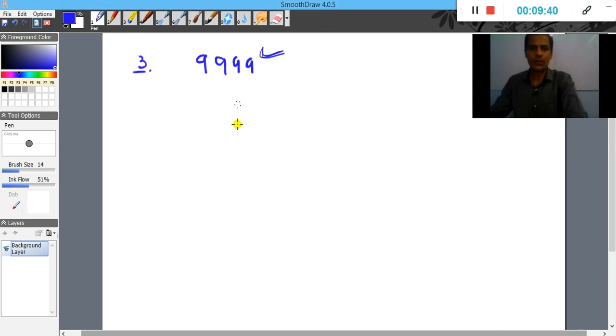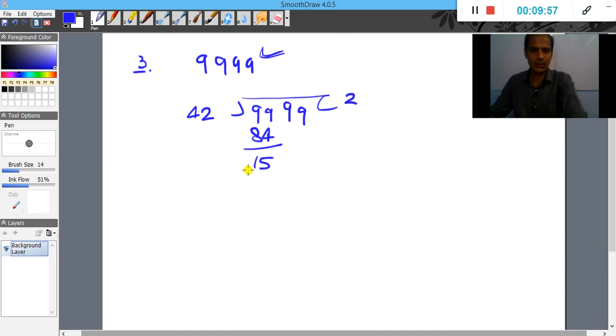Now perform the division. So write this number 9999 and here 42. So just write the table of 42. Then you can see that 42 twos are 84, and after subtraction we have 15. Copy this 9, then 42 threes, okay, it is 6 and 3 fours are 12, then it is 33. Again copy this 9, 339, and 8 twos are 16, 1 carry, and 8 fours are 32 plus 33. So after subtraction we have 3.